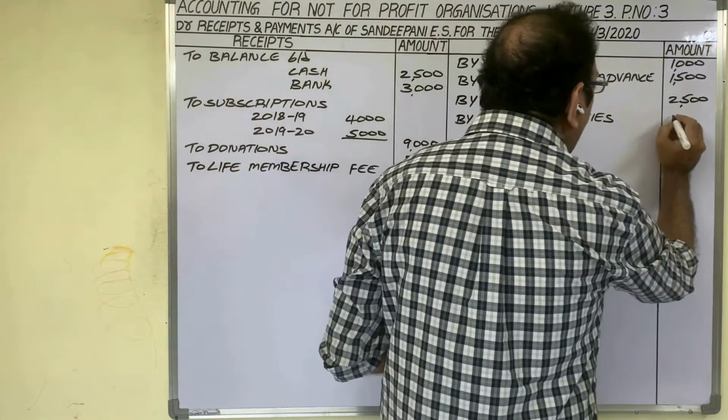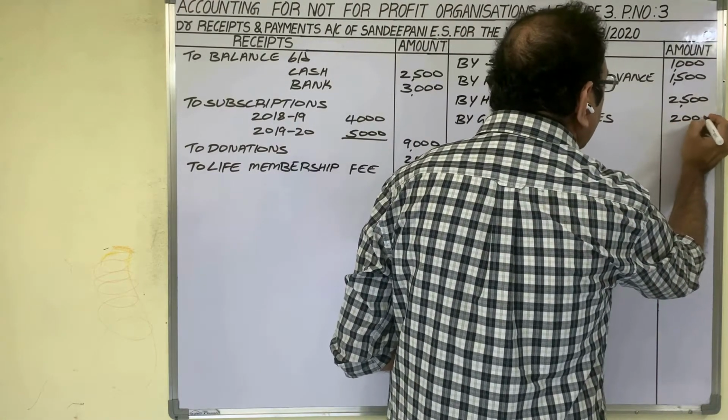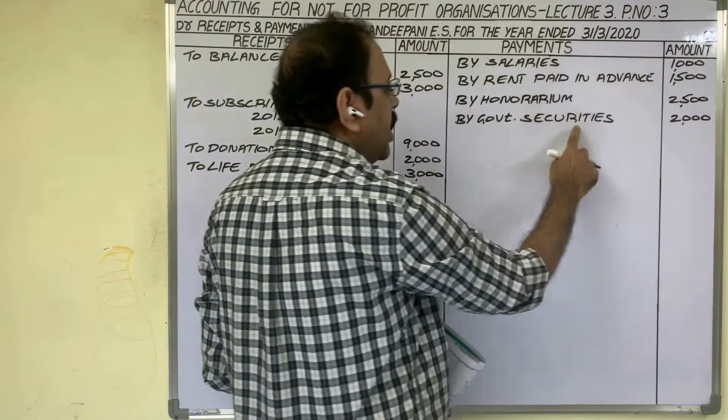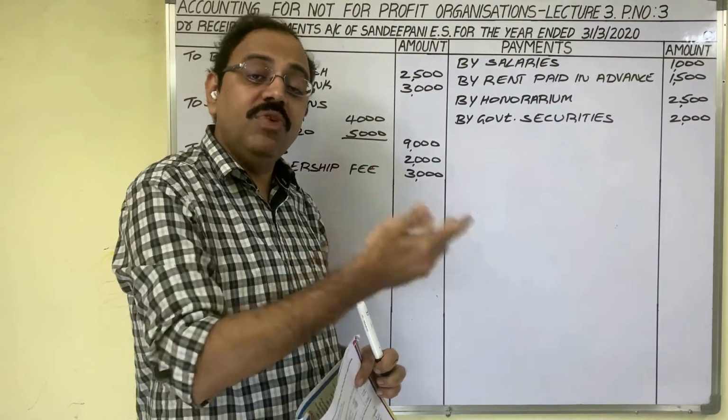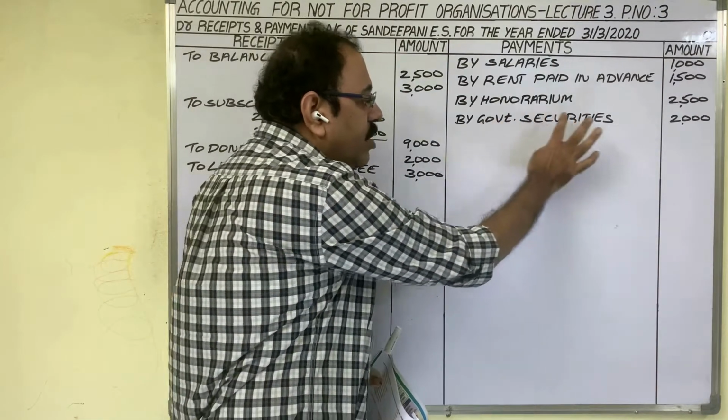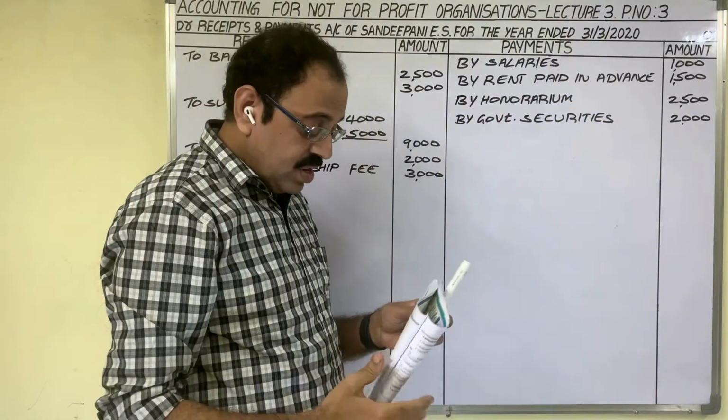You need not write "government securities purchased", because you are writing it under payments now. It gives the meaning that we purchased government securities and we paid money. So only the words "government securities" are enough. Next,